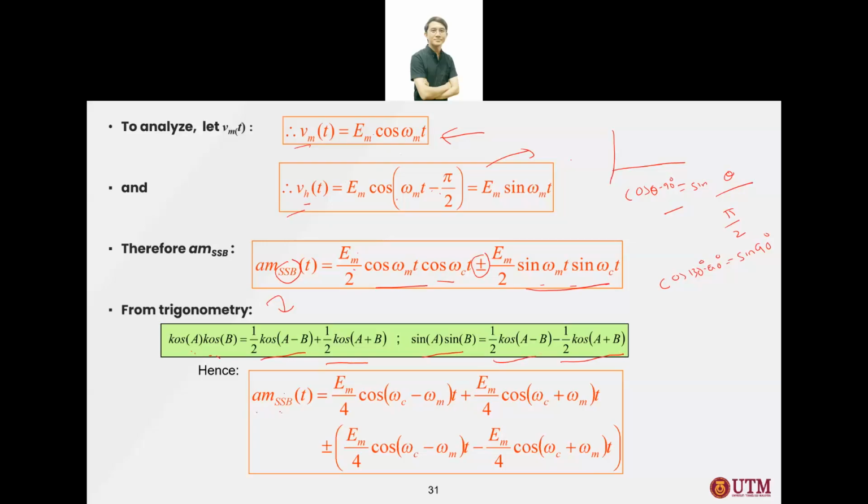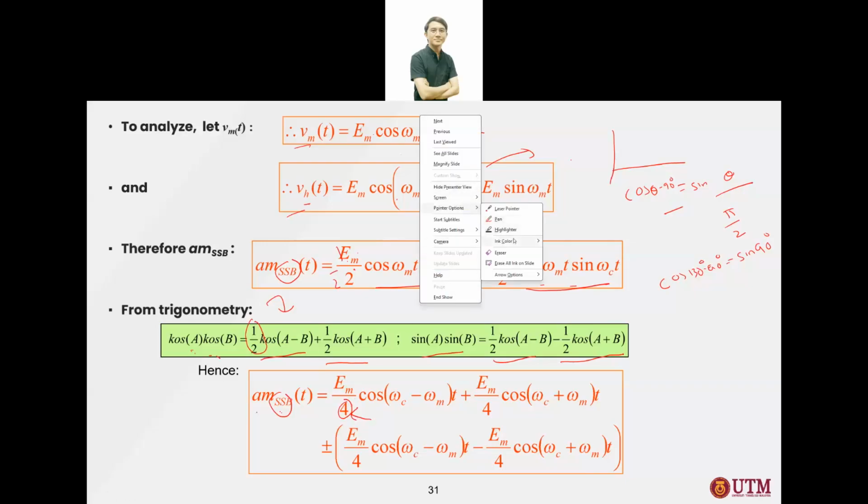Then AM SSB-SC, single sideband suppressed carrier, equals EM over 4, because if you notice, this one is divided by 2, but because cos A cos B is another divided by 2, when you combine and expand, it will be over 4. This is how you get the over 4. Then EM,